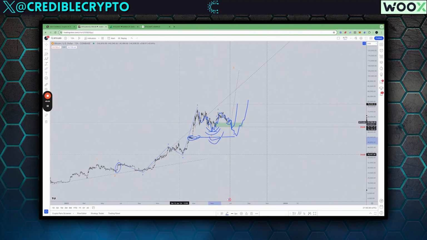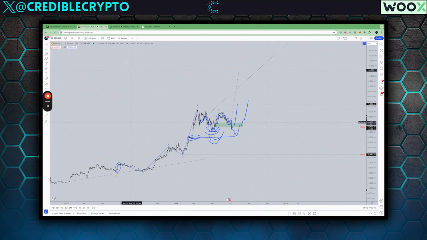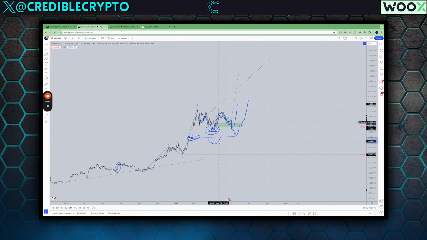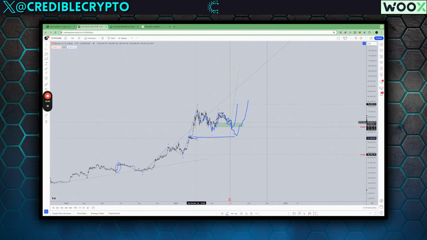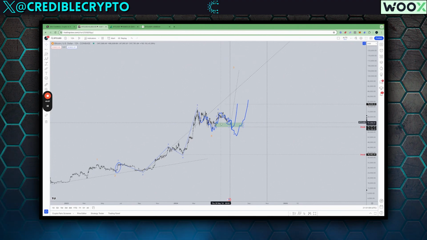As long as we hold above 38K, we're going to see another impulse to the upside, and it just means that this correction went deeper than expected. So if we break 60K, it's not the end of the world. It would be a little bit surprising to me for a number of reasons, and I don't think it's going to happen, but I can't say it's impossible. Nothing in this space is technically impossible. But if 60K were to break, it's not the end of the world. It does mean that we now have to wait longer for that impulse to play out, but that's about it.